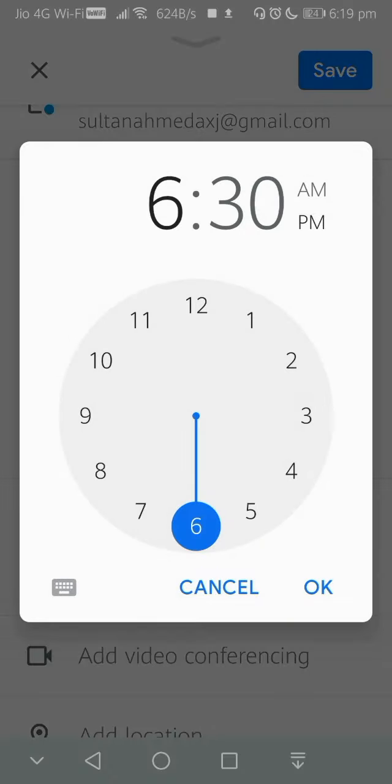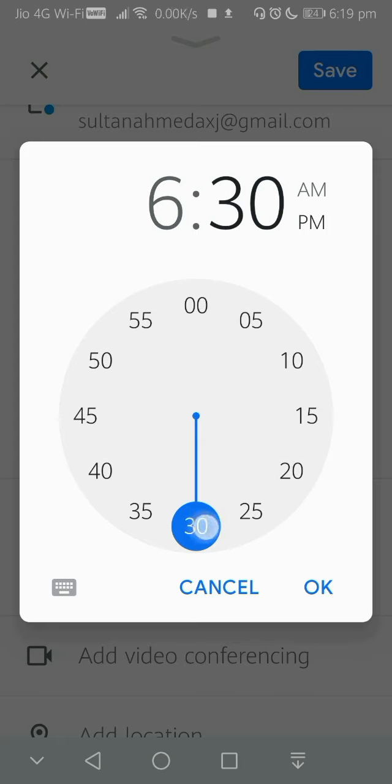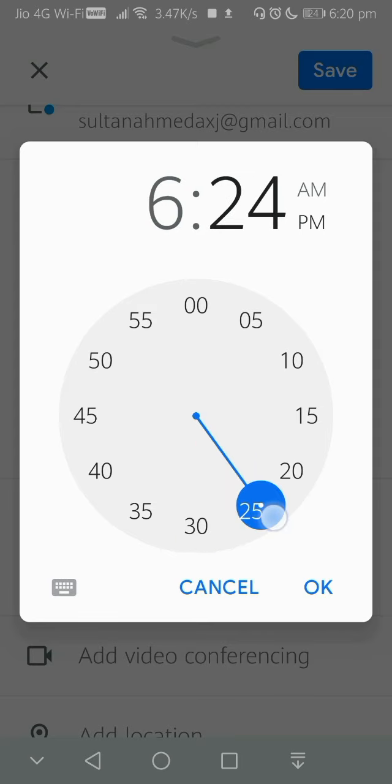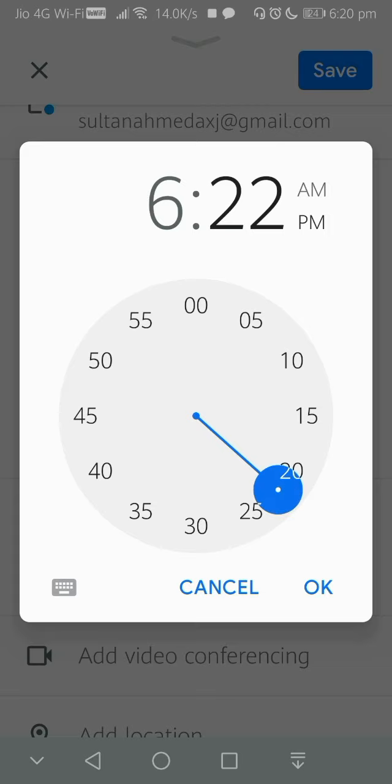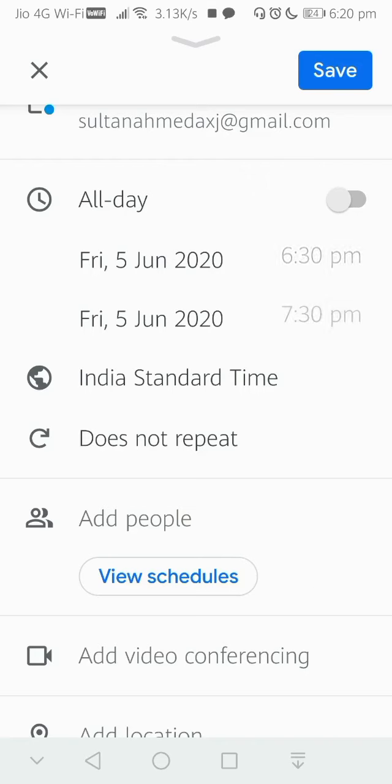Click on the time. It's already 6:20, so let me set it at 6:21, or 22, right? Okay, click on OK, and you can also select the end time. It depends on you how much duration you can set.